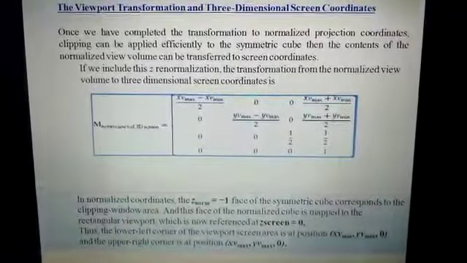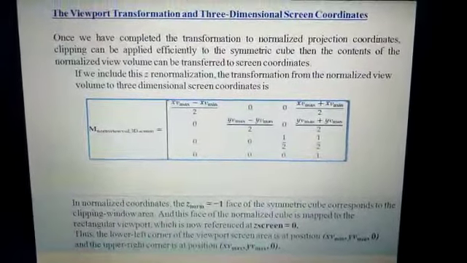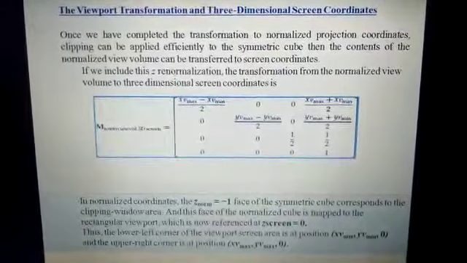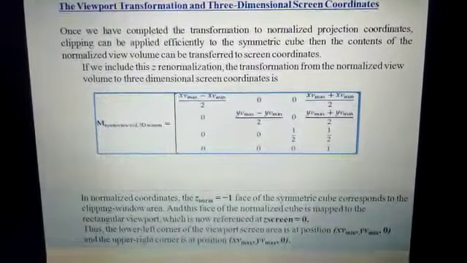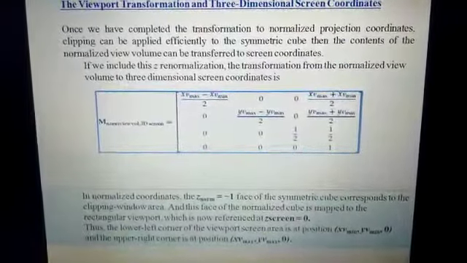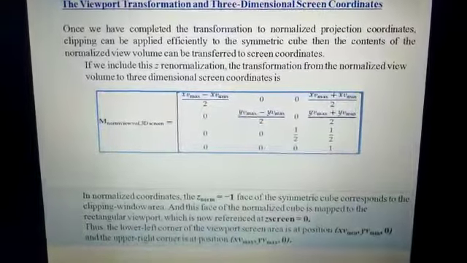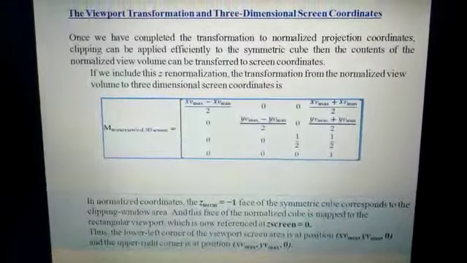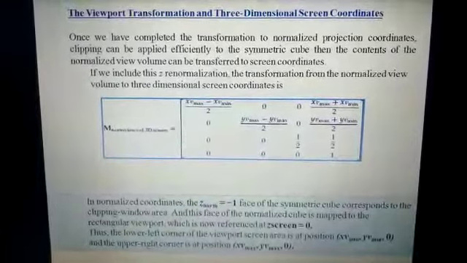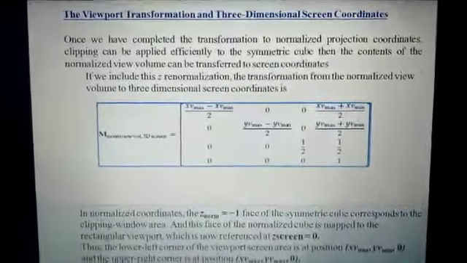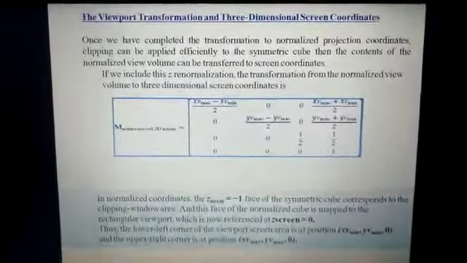Positions throughout the 3D view volume also have a depth, that is a z coordinate, which we need to retain for the depth information used in visibility testing and surface rendering algorithms. As we can see with respect to the matrix, we are giving the normalized view volume in the 3D screen.